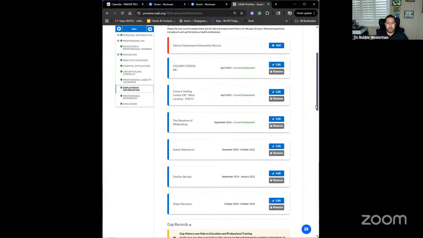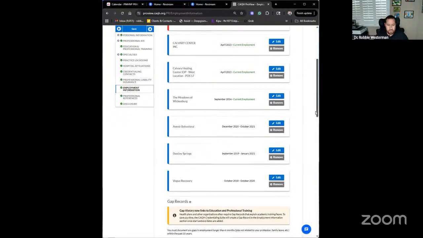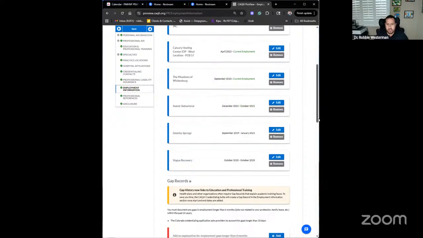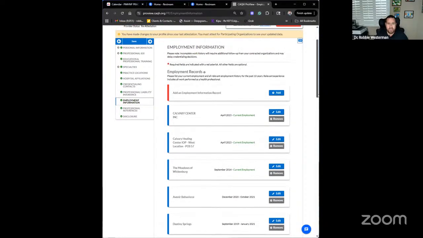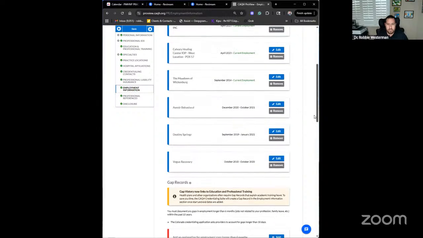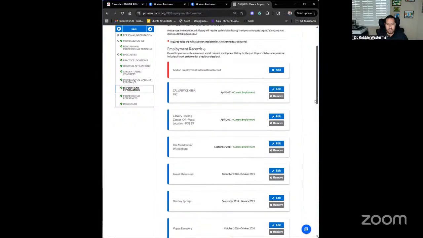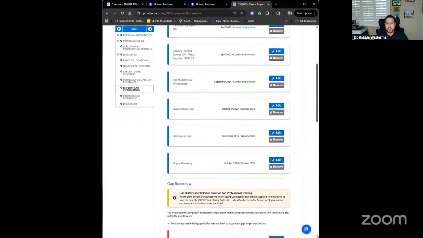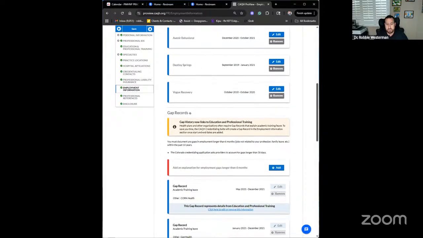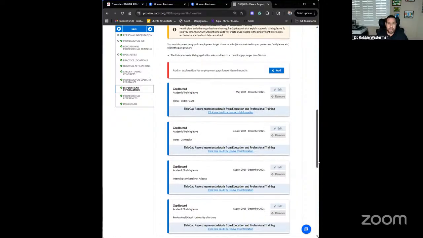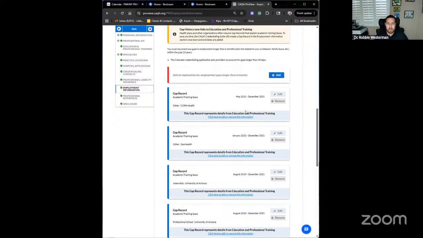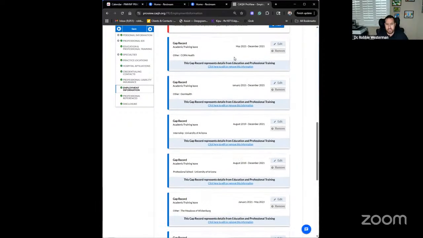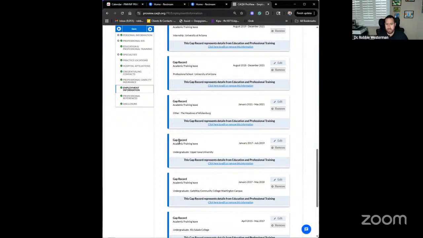So employment records, this is where they don't want any gaps, right? Health plans and other organizations require gap records. So you want everything for the last 5 years to line up, right? If you have a job that you've had for a long time, that's great, but it could delay your credentialing if you don't, right? And if you do have gap records, you can enter them in there, but academic, right? If you're in school.